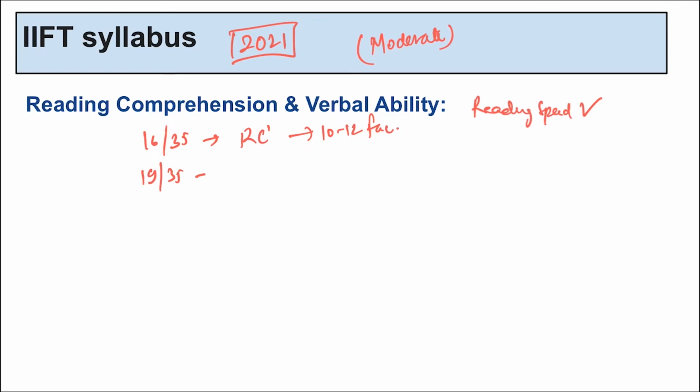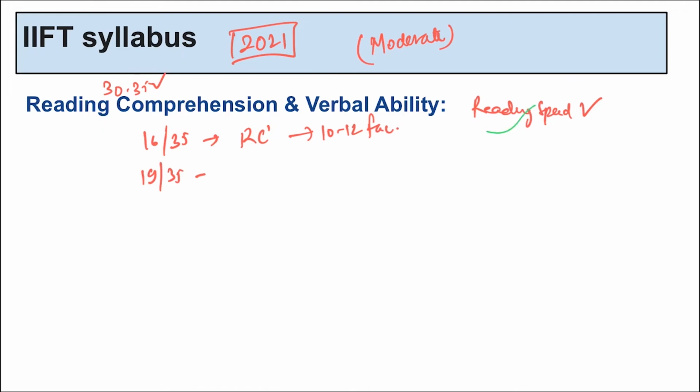When it comes to your verbal ability, I felt almost 12 to 13 questions could have been easily solved without many challenges. However, if VRC is your strength, you could have attempted more. Ideally, I would suggest 30 to 35 minutes for this section together. And talking about the in-depth syllabus that should have been prepared for this particular topic,